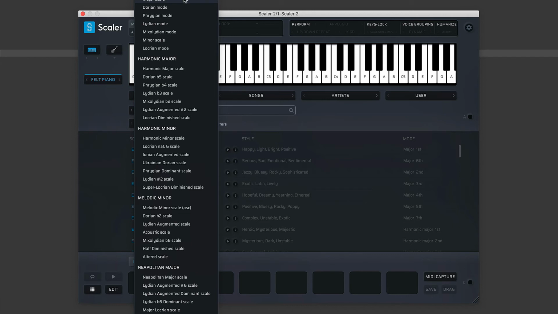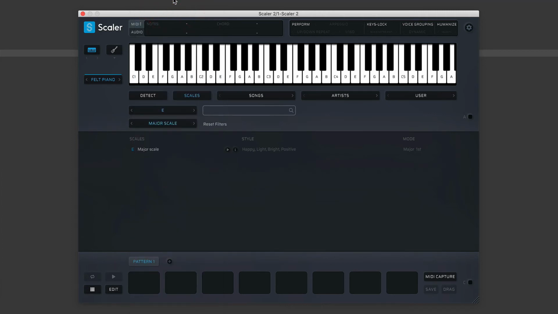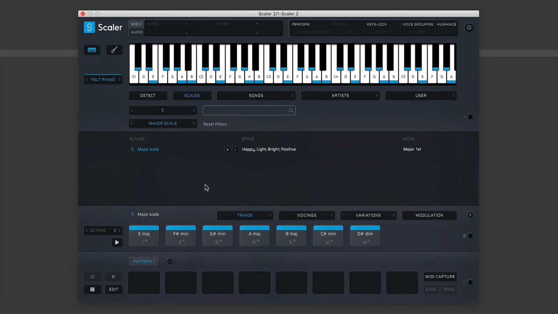So let's just stick within these major types here, and you've got the major scale and the minor scale, and then you've got these modes, so we're just going to stick with these. Now if I choose the major scale, you'll see here we've only got one option now, so we click on that. You'll see our keyboard, our virtual keyboard here, has got these blue little tags on each of the notes,